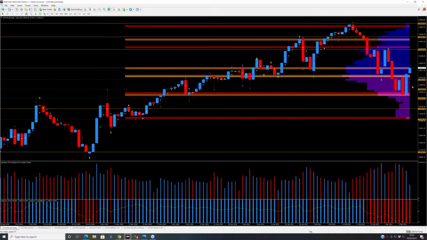Expect more volatility. On this chart, we haven't had a trigger of the volatility candle, which is this one, which tells us that price action is outside of the average true range for this time frame. But it still tells us that the market is moving. There's momentum in there. There's participation, and that's what we want.